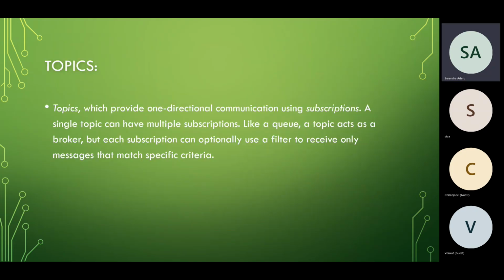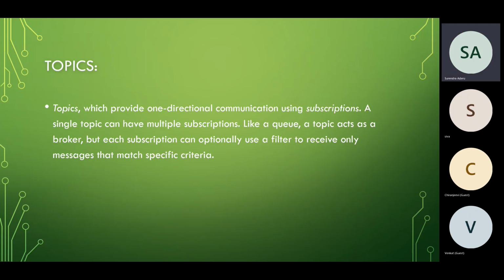Right. Next thing is topics. Topics are also one-directional communication only, but here it will deliver one to many. Topics also work as a broker, whereas there will be one sender. The messages can be delivered to the topic. Topics will send those messages to multiple recipients. The multiple recipients, how will they get the messages? By